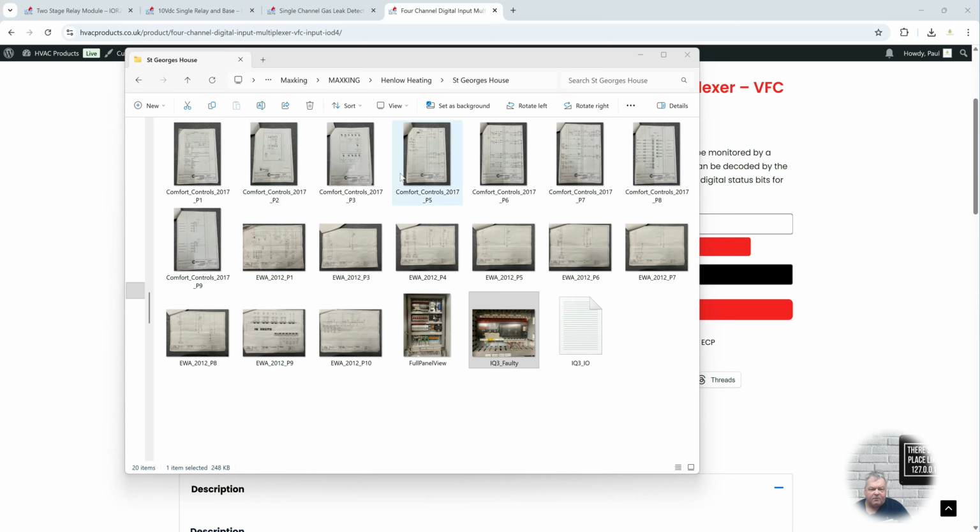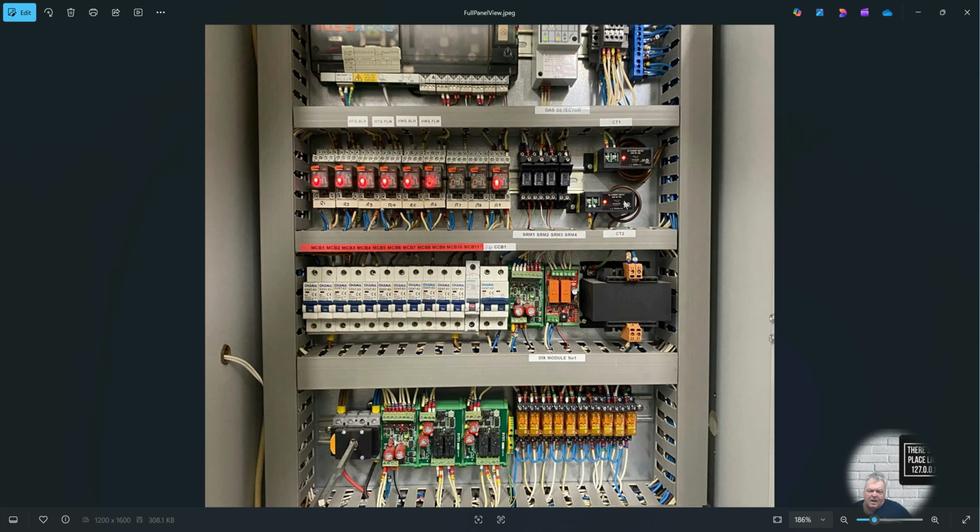I think one's for the heating pumps and the other one is for the domestic hot water pumps. We've naturally got the MCBs here. We've got a common bar at the bottom here with the 240 volt supply, and this will be, I should imagine, our 24 volts from our transformer to the field controls and also the